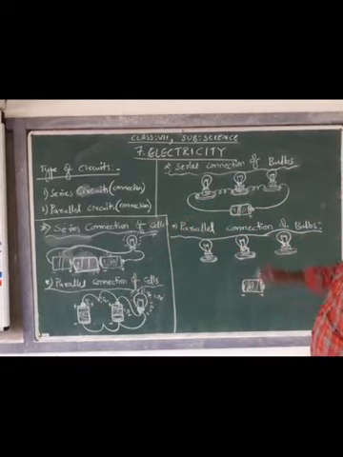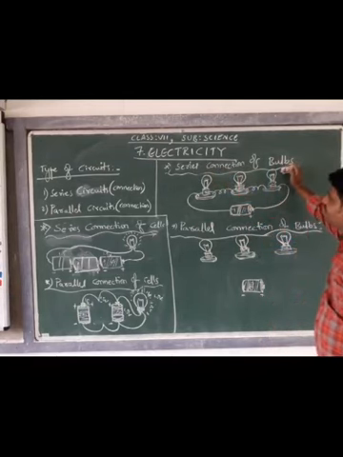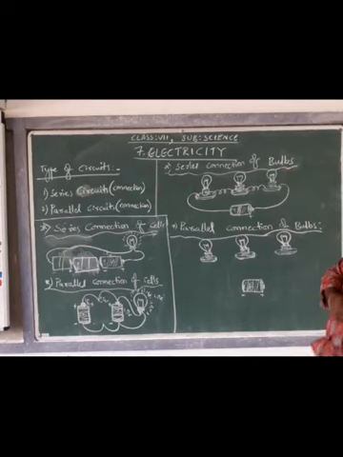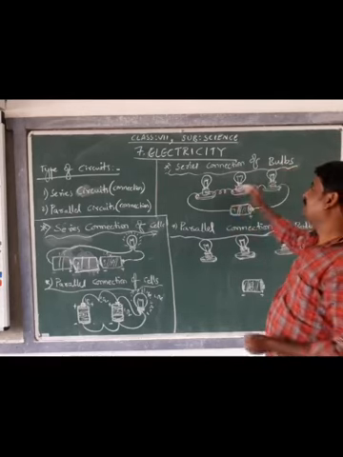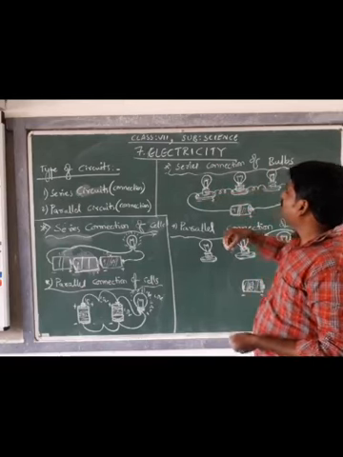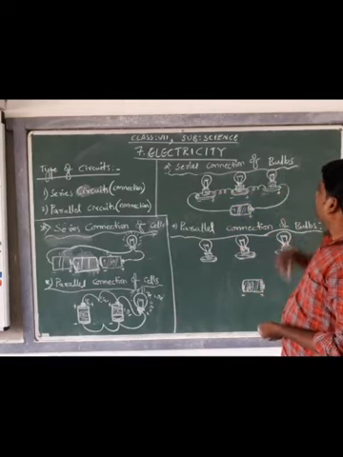Now let's see the series connection of bulbs. What is a series connection, how the setup will be, and what is the disadvantage in the series connection, that is what we are going to discuss. Now, assume there are 3 bulbs. Each has a positive node and a negative node.